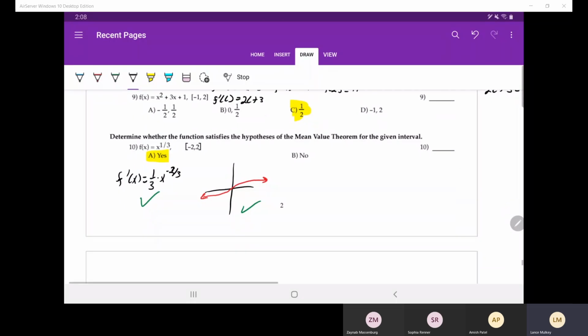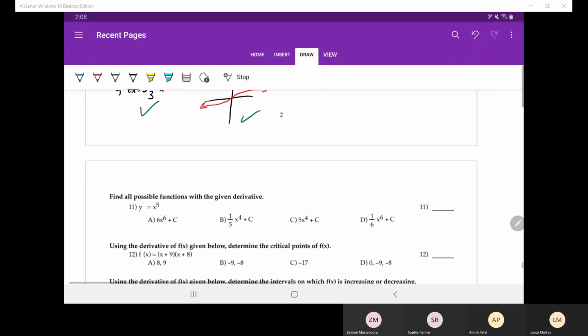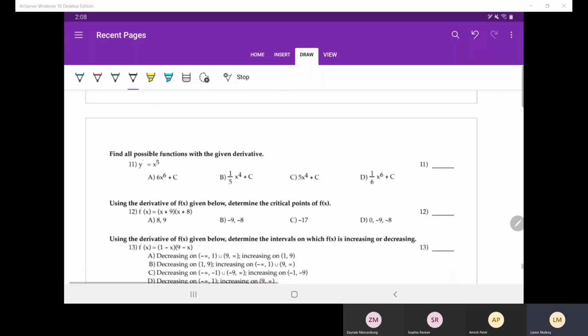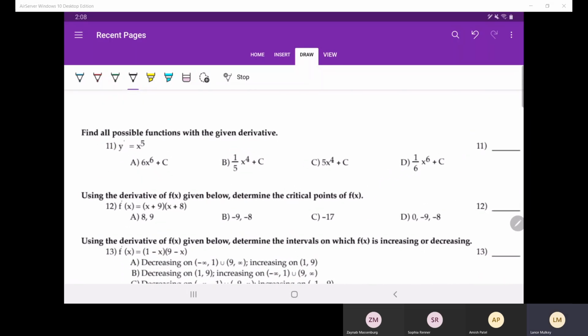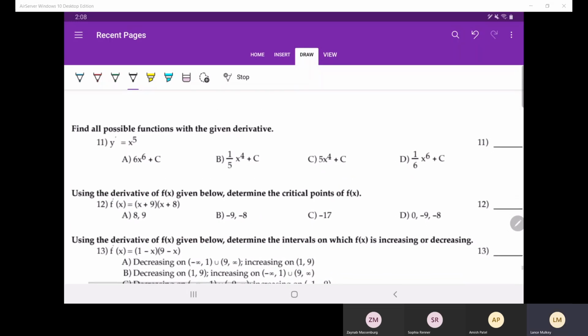I actually solved this because I got bored. But this didn't show up earlier. So this is all new to me, so be nice. All right, so